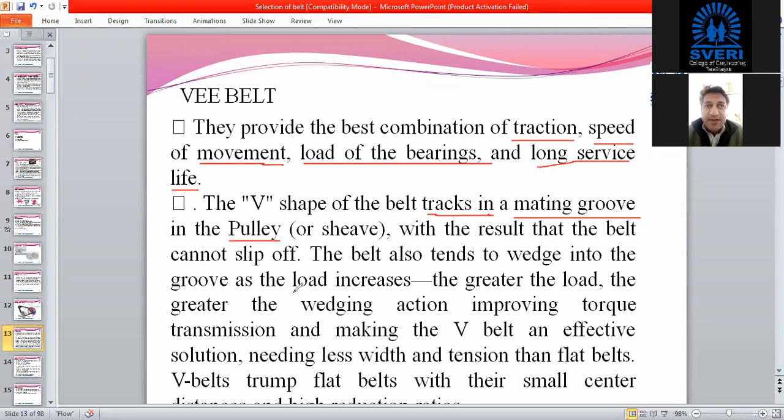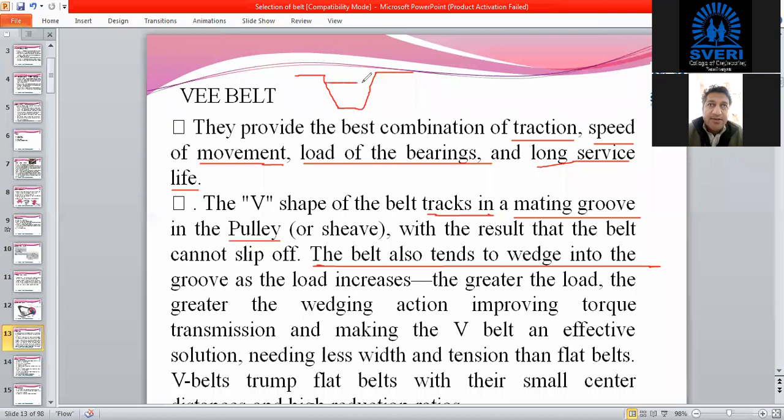The result of that is we reduce the slip. So the tendency of the belt to slip is avoided in case of V belt, because we are going to see that the V shape of the pulley is providing